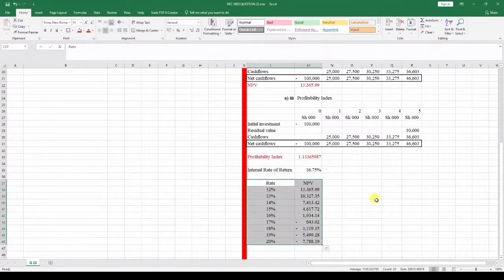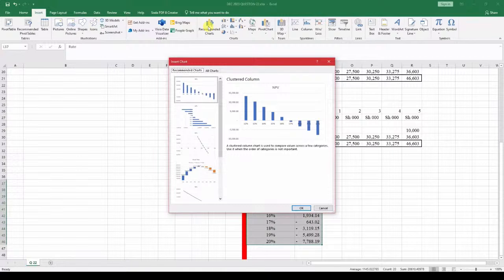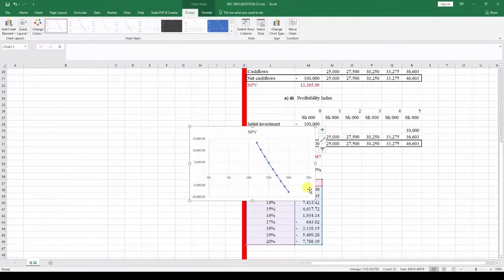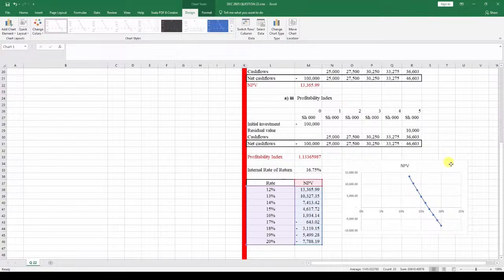Then you can just draw a graph here. Insert. Then you come to recommended charts, and you can see, based on this graph over here, that point, okay, just place it somewhere right here, that at around 16% over here,